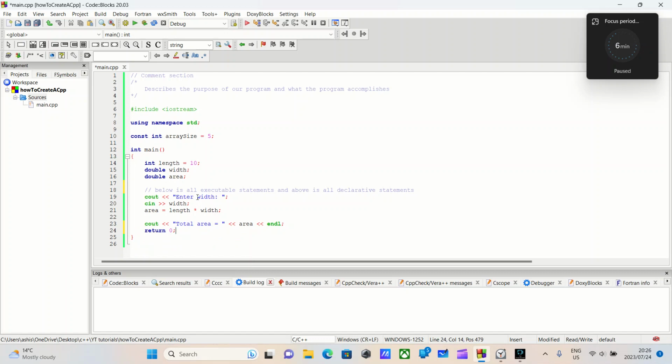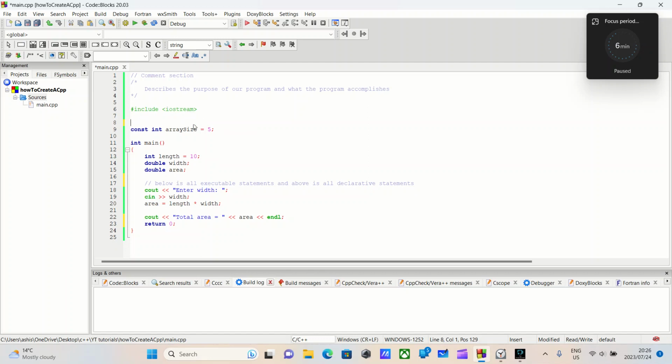Now, this right here, using namespace std, this allows the identifiers in this header file iostream, such as cin, cout, and endl, to be used without the prefix std, standing for standard. If we didn't have it, some of the identifiers would have to be in the following form with the prefix std::